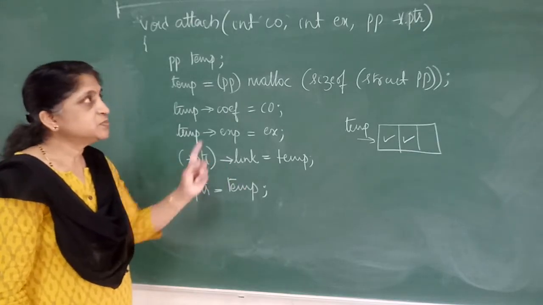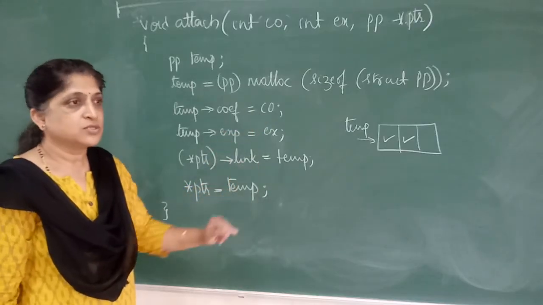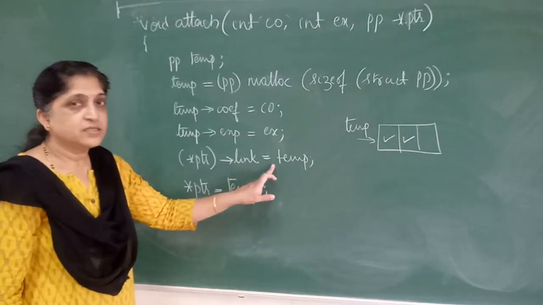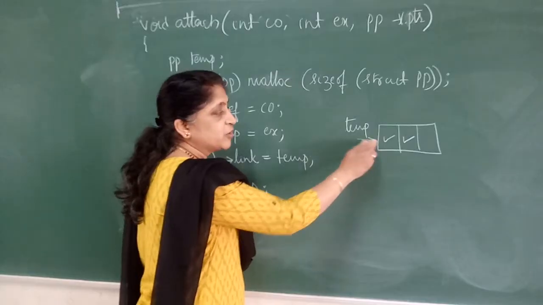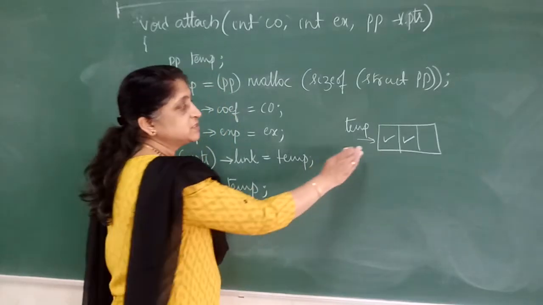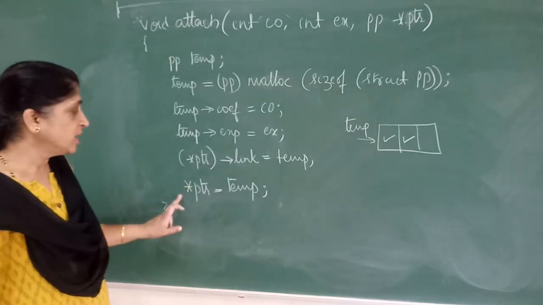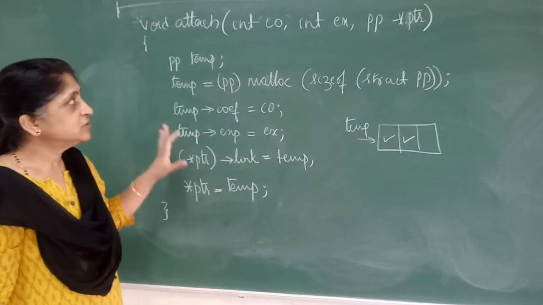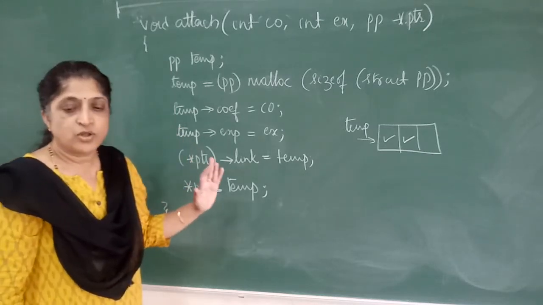So this pointer is pointing to the current last node in the linked list. In that link field we are writing this temp address. That is, the currently existing node will start pointing to this, and once this is appended, this becomes the last node. So we are trying to do that here: star pointer is equal to temp. So this is the attach function. We will be calling this attach function from the polyadd function.